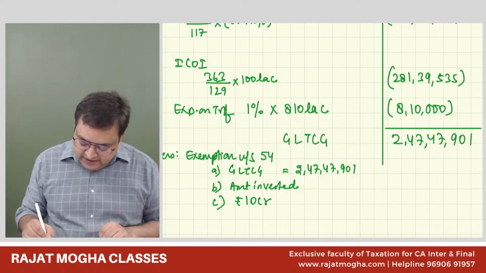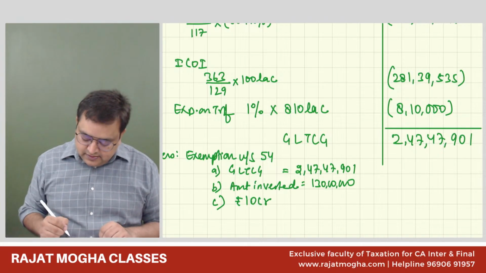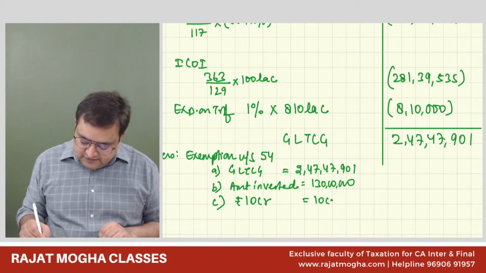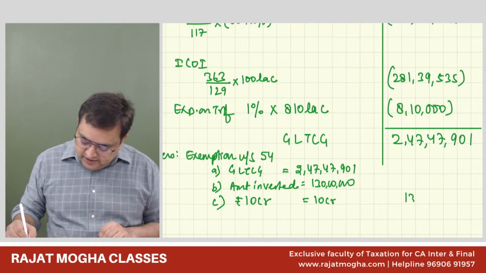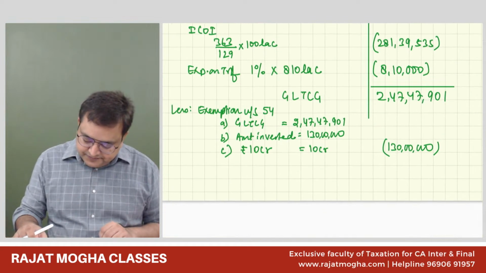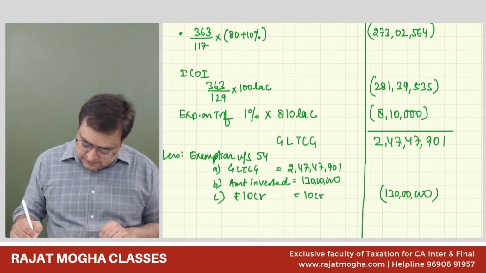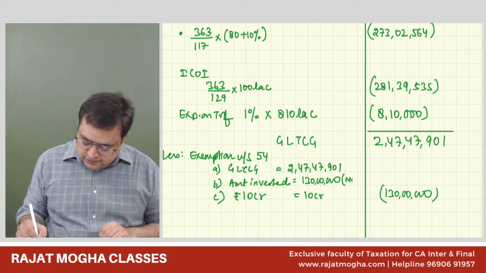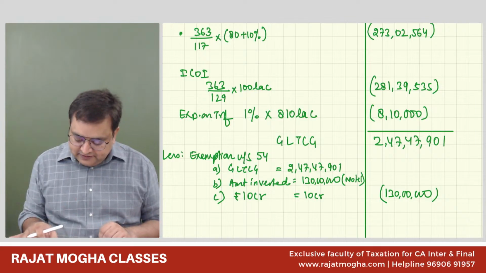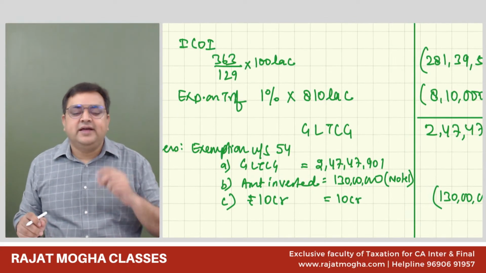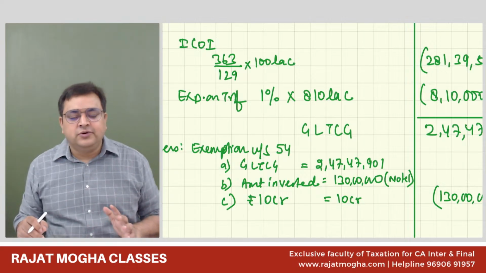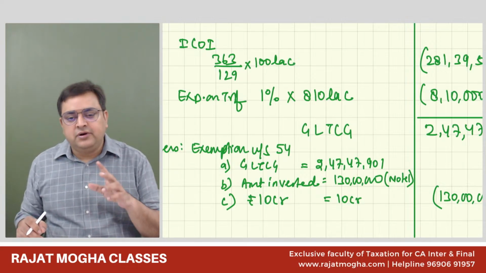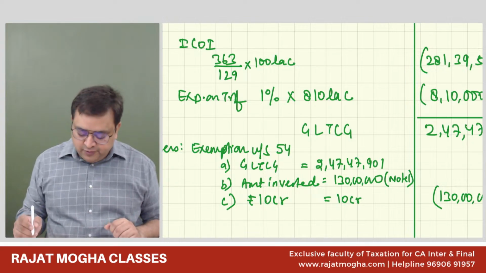And we will tell the examiner why we are taking only the Delhi house, or 10 crores, whichever is lower. So it would be 130 lakh. This is the exemption. We will show the note also. By way of note, if we don't have space over here, we'll show the note why we are taking 130 lakh. Because if you do not show this, your 1 mark can be deducted over here.